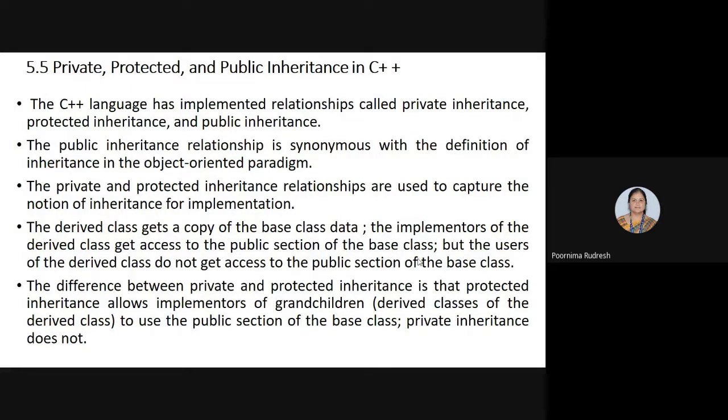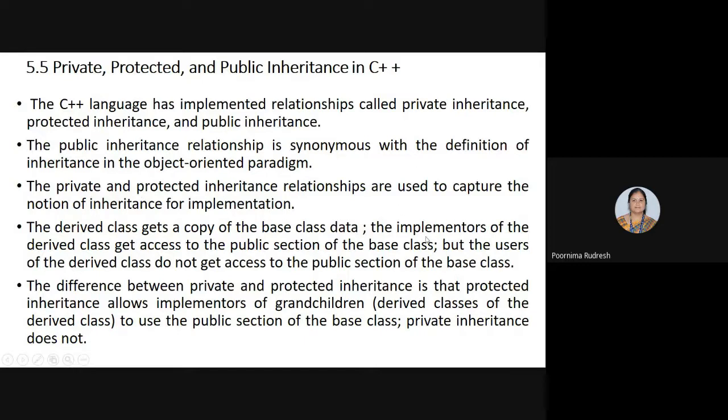If we consider the private and protected inheritance relationships in C++, in the inheritance relationship the derived class gets a copy of the base class data. Then the implementers of the derived class get access to the public section of the base class. But the users of the derived class do not get access to the public section of the base class. Why? Because here it is declared as a private or protected area.